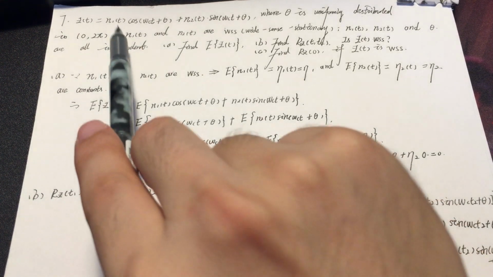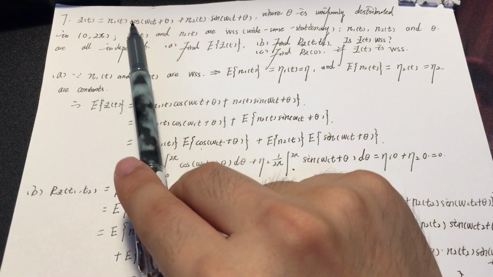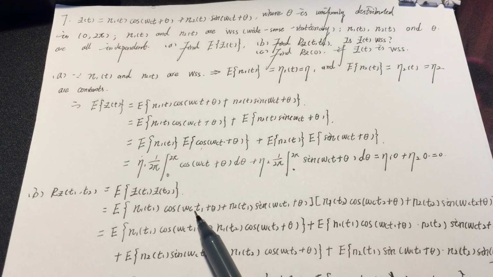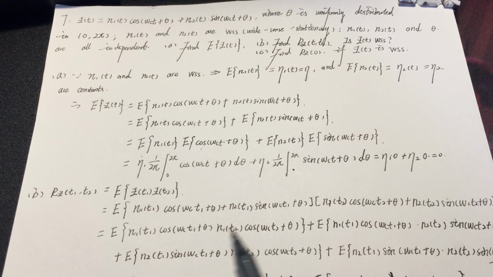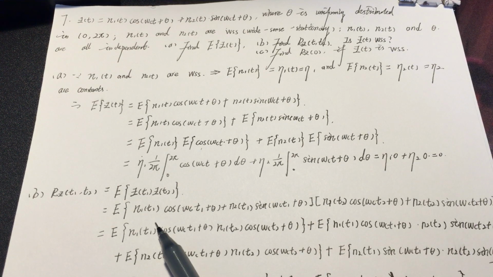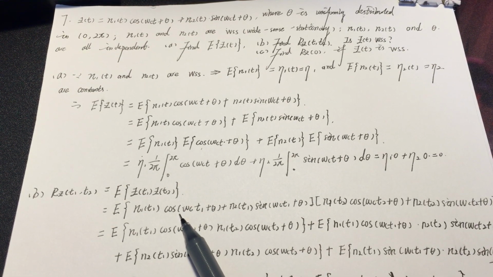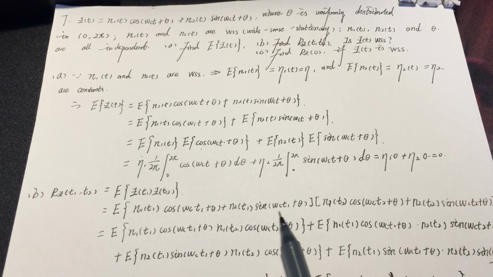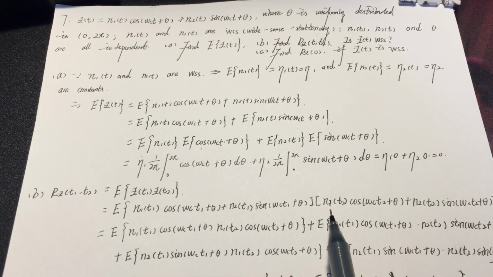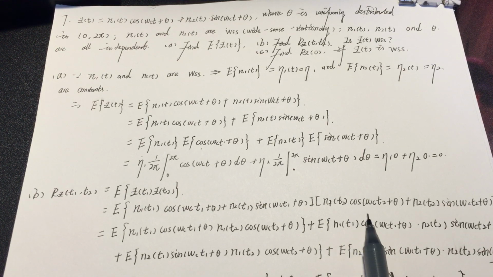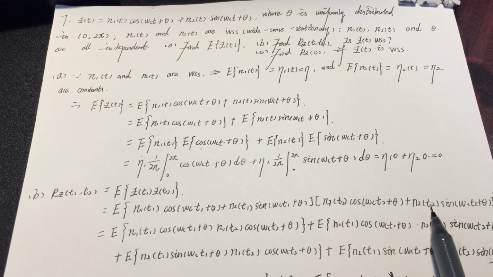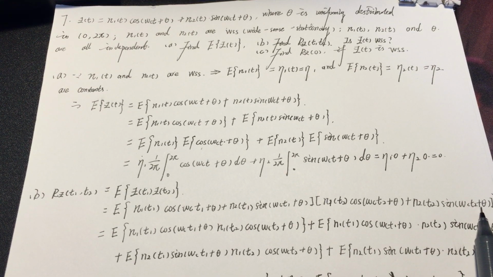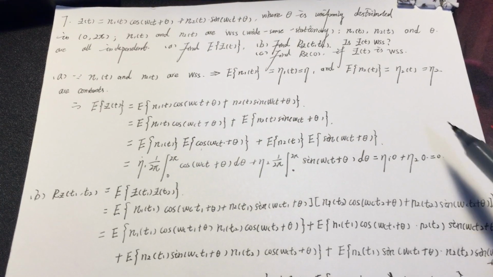We can write the equation above as this long equation: N1(t1) multiplied by cosine plus N2(t1) multiplied by sine, multiplied by N1(t2) cosine plus N2(t2) sine function,